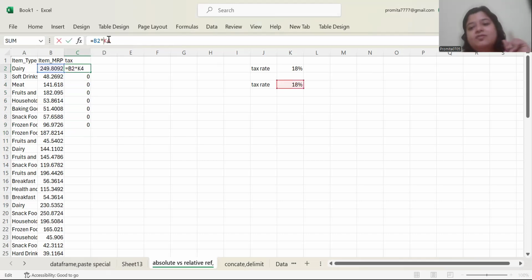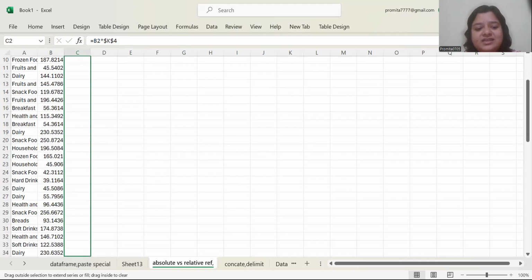So I have to fix this particular cell, which can be done using the dollar sign. As I put the dollar sign before K, the K column is fixed. K is the column number. As I put the dollar sign before 4, that means the fourth row is fixed. Now this particular cell, K4, is fixed, and as I drag and drop,